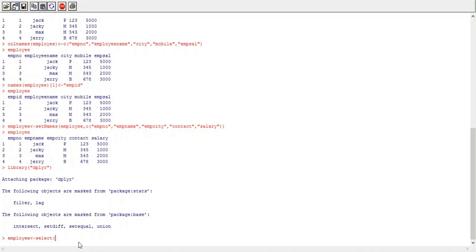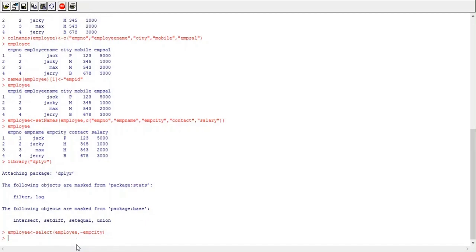This select function receives one parameter, the name of our data frame, that is employee, and then the negative name of the column that you want to delete, that is minus EMPCT. I want to delete EMPCT, so I need to prefix a negative sign or minus sign for that EMPCT column. So this is the syntax for deleting a column by using the select function.